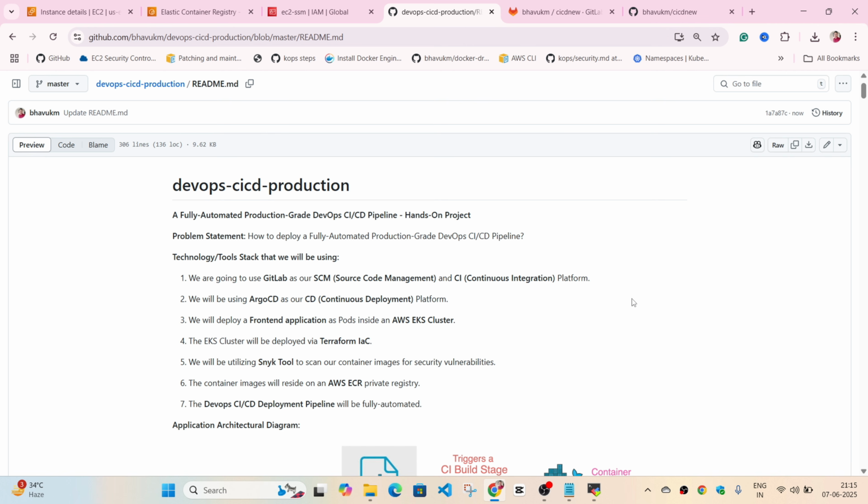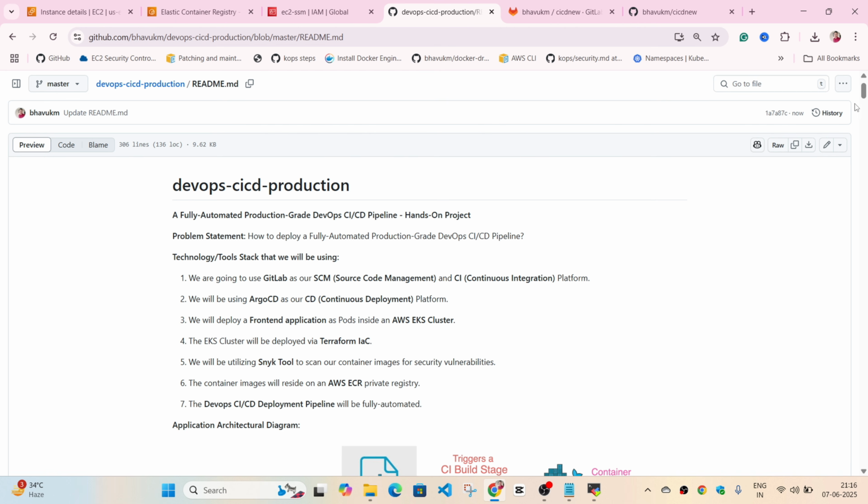Okay, a very simple Apache web server, but it's going to be deployed via a CI/CD pipeline. The application is going to be containerized as pods, and it's going to be deployed inside an AWS EKS cluster. The EKS cluster that I'm going to use will be deployed via Terraform IaC, infrastructure as code,